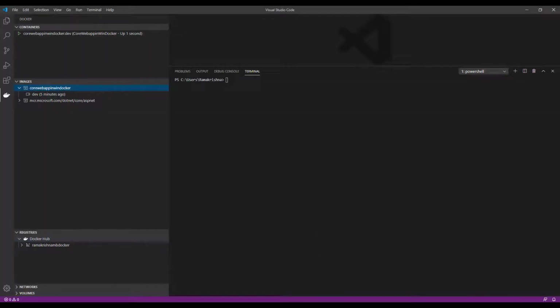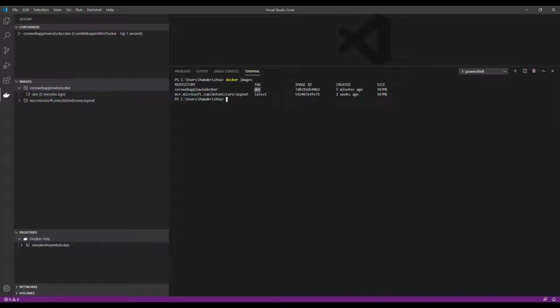Go back to Visual Studio Code and list the Docker images in our local system. We have an image named Core Web App in Windows Docker with a tag dev.